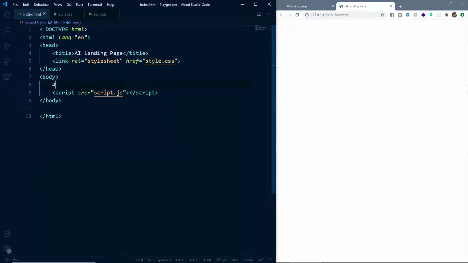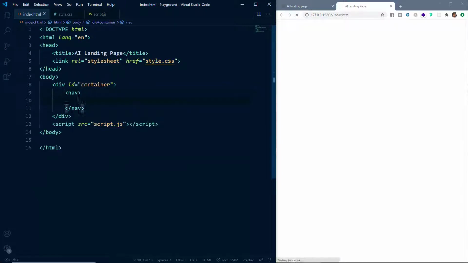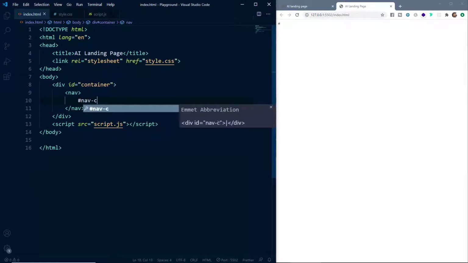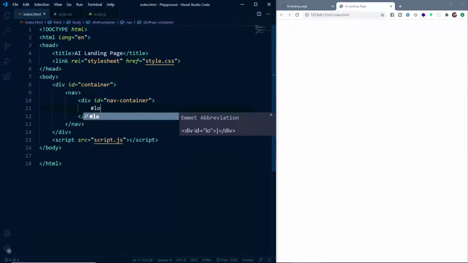We'll start with making a div having an ID of container. Now inside this, we'll create a nav element. Inside this, let's create another div having the ID of nav container. Here we will create two divs, one to keep the logo and the other one to keep the menu items. So I'll give an ID of logo,